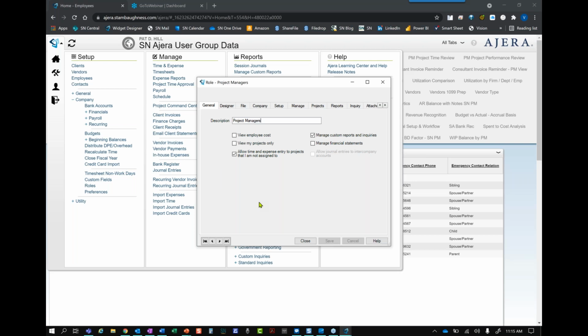So, Ellen's question was, with the project manager role, you can only see your projects, but won't the marketing people need to see all projects? So that is dependent on your setup, Ellen. And if you have your security set up where PMs only see their projects, you're absolutely correct. You would want to create a higher role so that the marketing person could see all projects. But this is an area of confusion that I wanted to clear up.